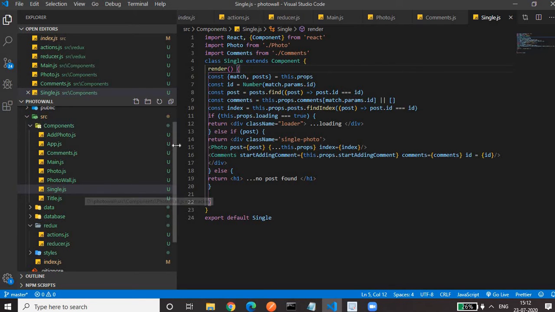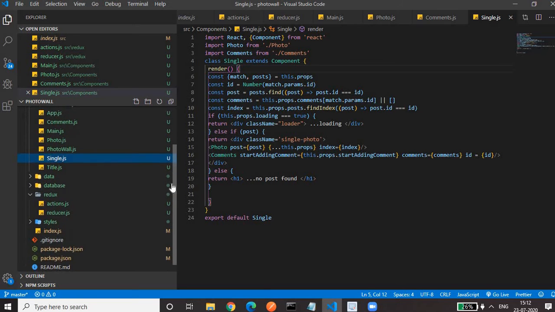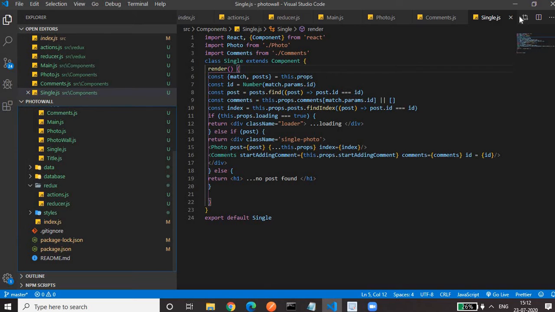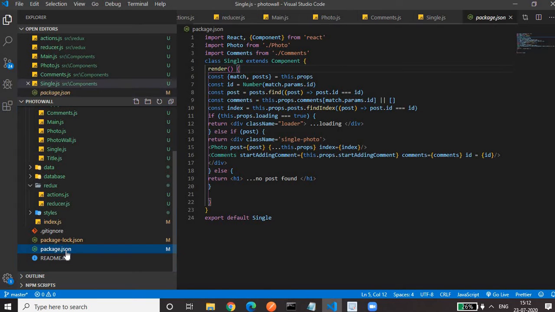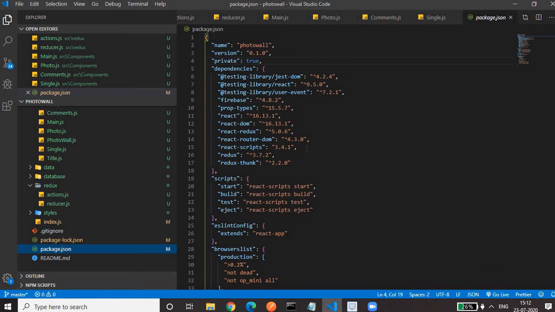How can we verify? We can go to the package.json file. Okay, up to this everyone knows what to do. So here redux-thunk is installed, and Firebase of version 4.8.2 is also installed.